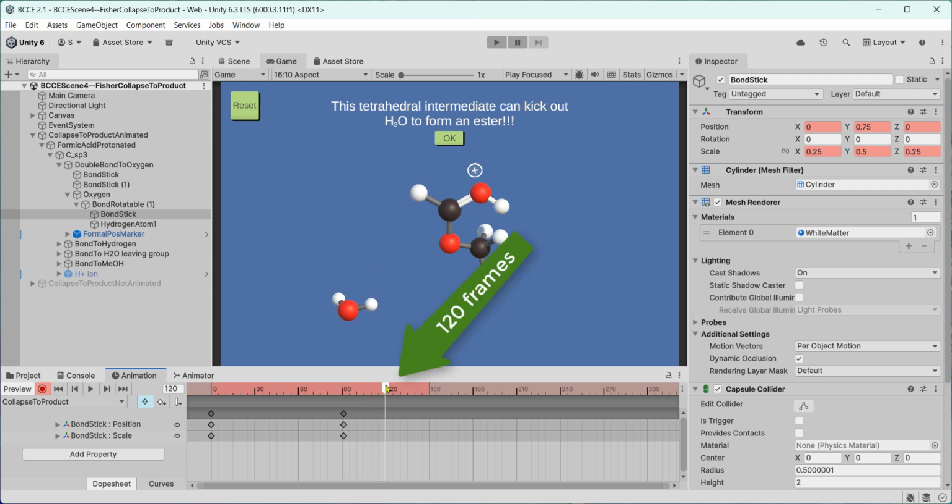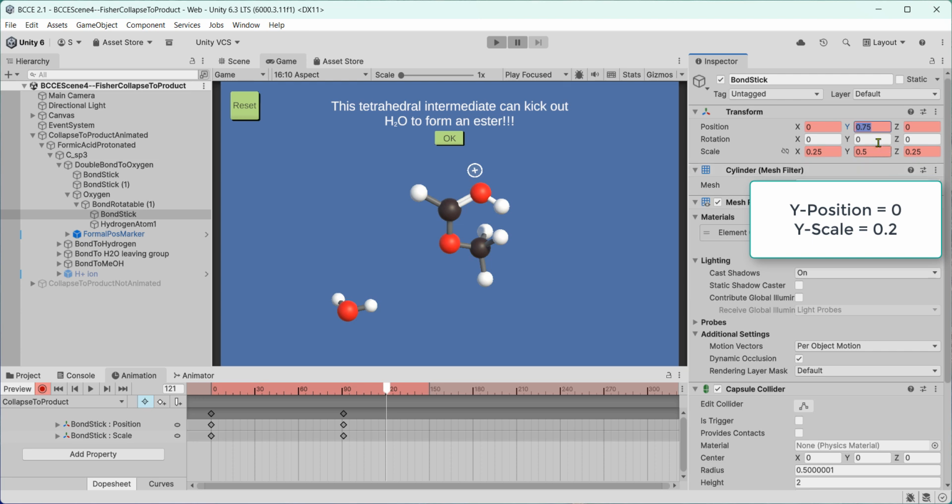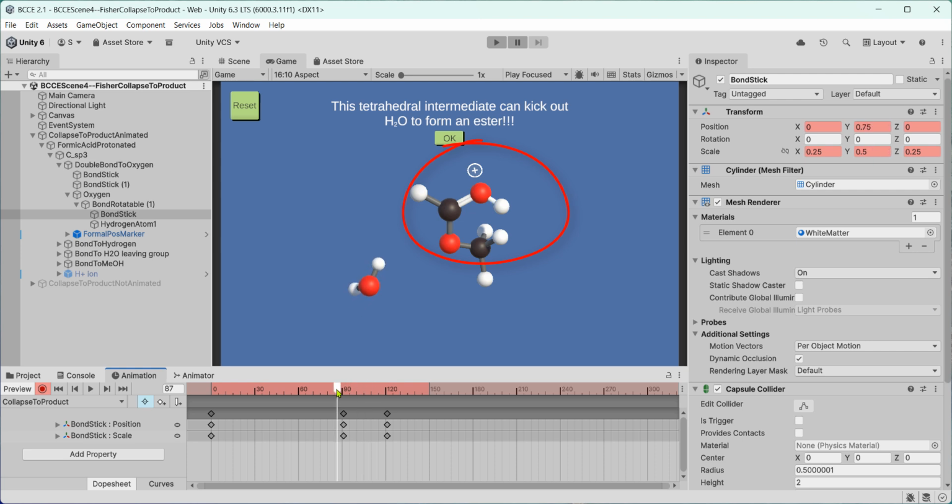So drag your timeline marker to 120 frames. Set Y position of this bond to be 0. And Y scale of the bond 0.2. You can see in those 30 frames it shrinks away, leaving this hydrogen all alone, so that's going to become